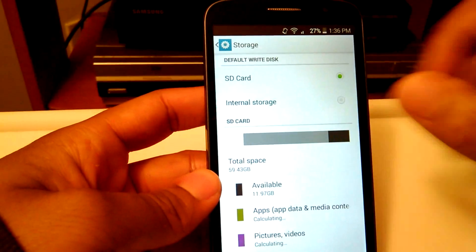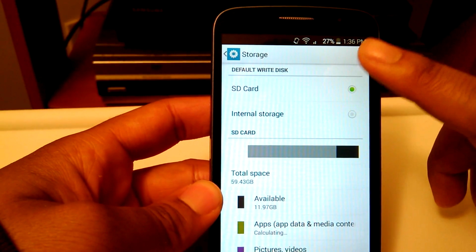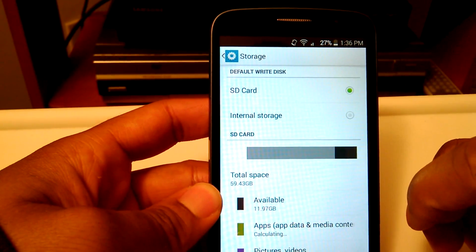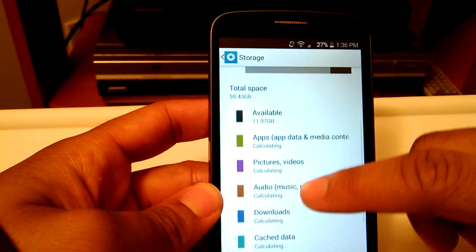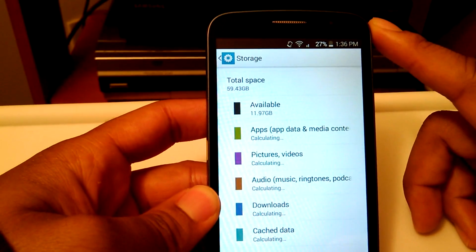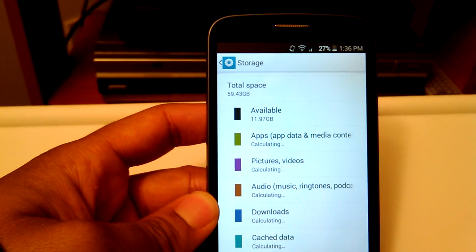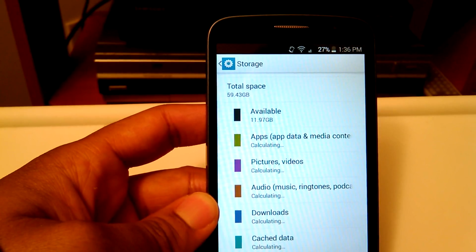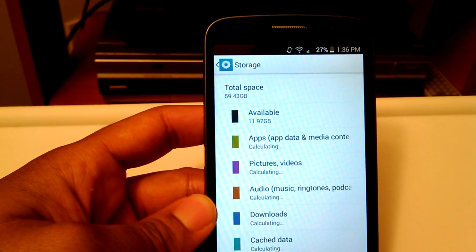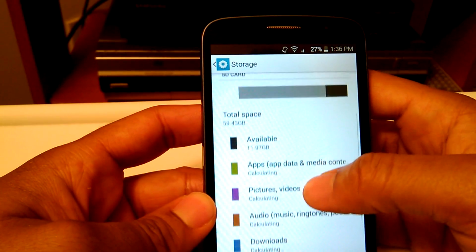But a huge positive here, if we go here, is you can actually have the SD card as a default storage place for app data and also other additional information that apps would need to store onto the phone's memory. Because I have a 64 gigabyte card inserted into my Fierce 2 here, that allows you to have much more space and leeway for the kinds of apps you can download. You can download a lot of the bigger apps, like bigger games such as Modern Combat 4 and 5, the Asphalt series, Grand Theft Auto, and etc.,